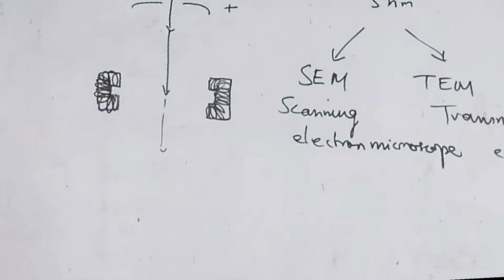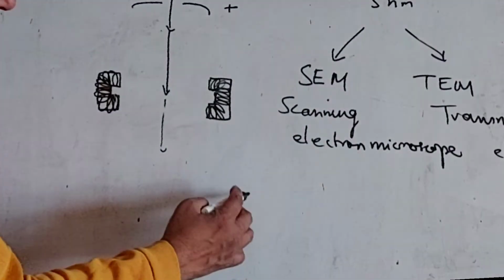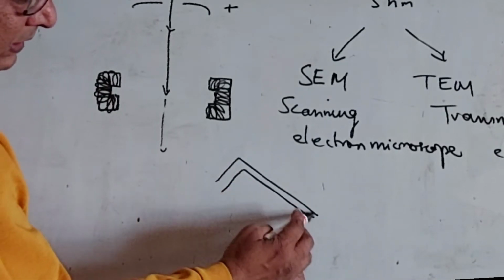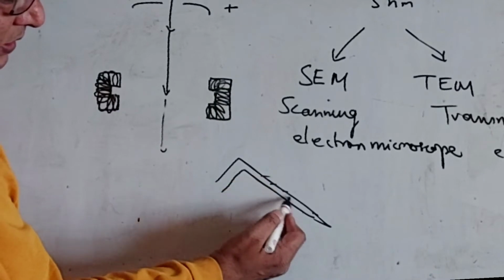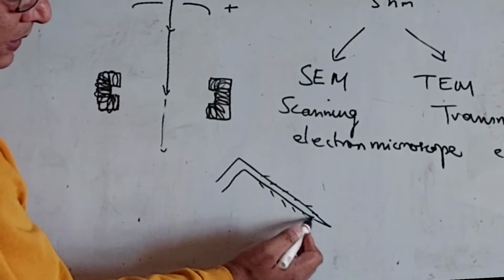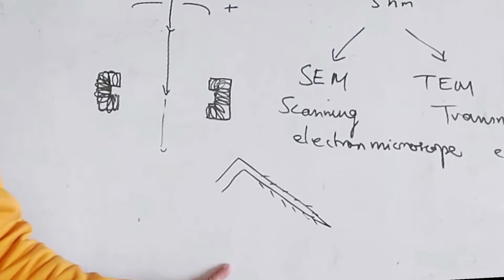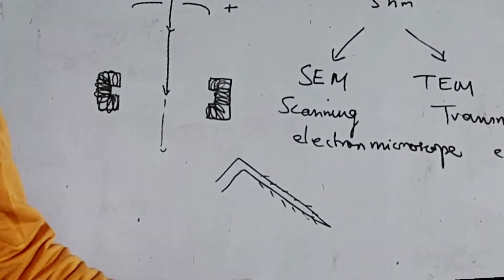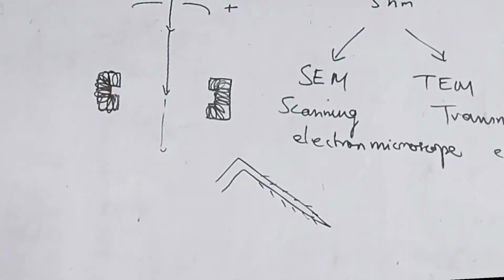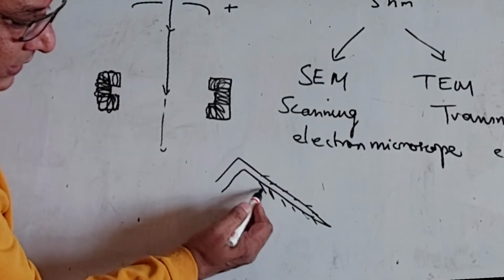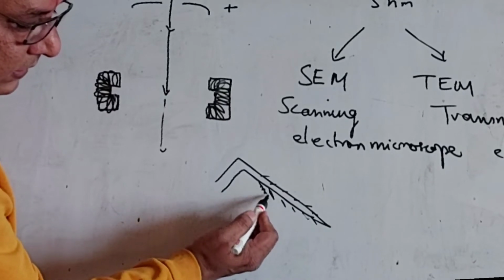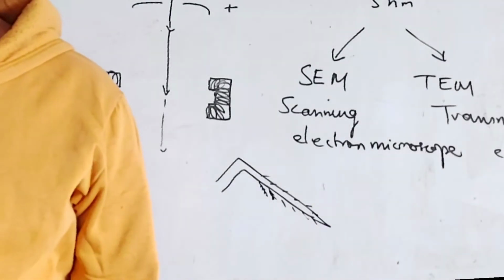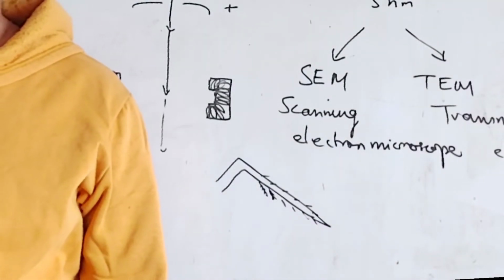Suppose with a light microscope, you saw that a particular insect has small appendages on its legs like this. With the light microscope, you can see this. But when you see this with an electron microscope, you find that these hairs have another kind of hair, which was not visible with the light microscope. Understand? This is the thing.